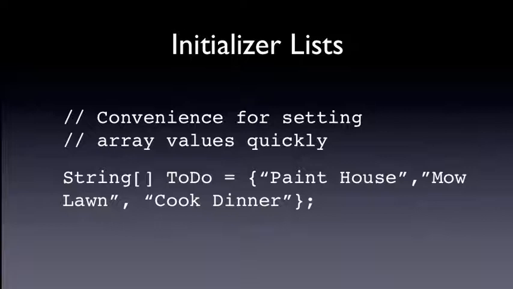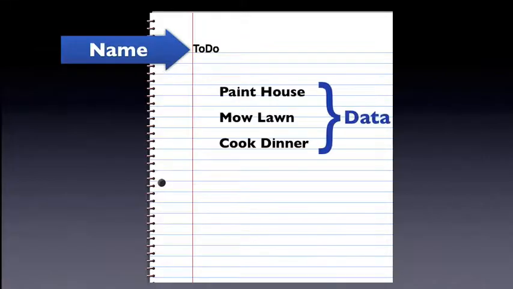There's some curly brackets involved. There's still 3 strings here. Paint house is still at index 0. Mow lawn is still at index 1, and cook dinner is still at index 2. But really, what this is, is a convenience to allow us to avoid, and I went back into here,